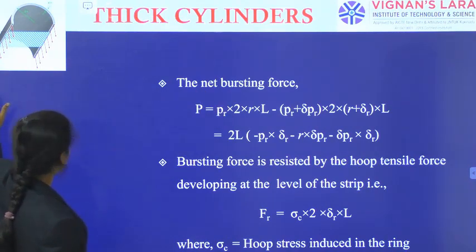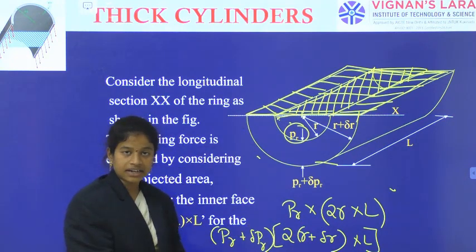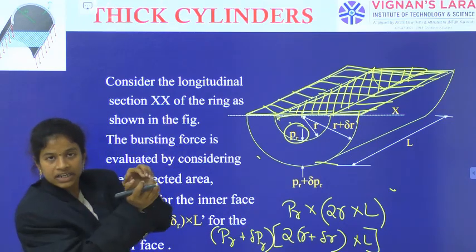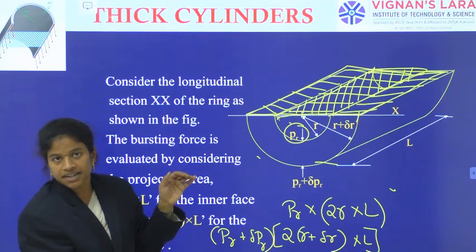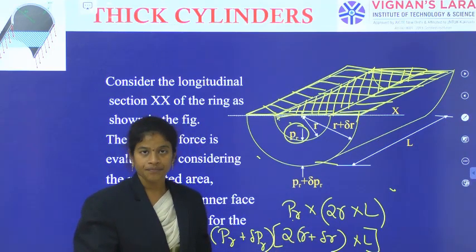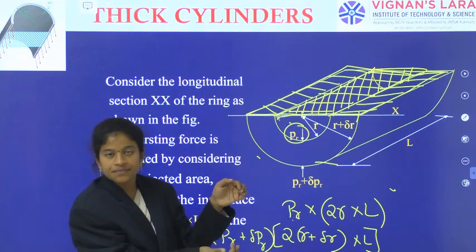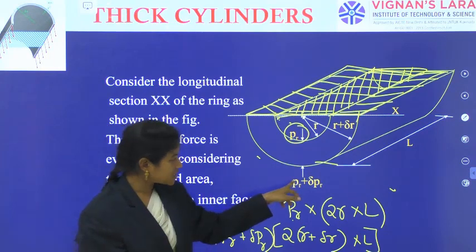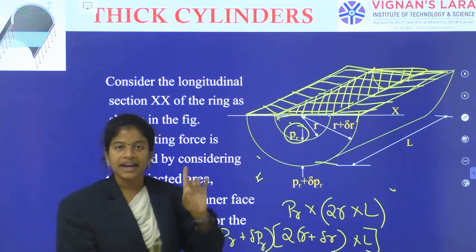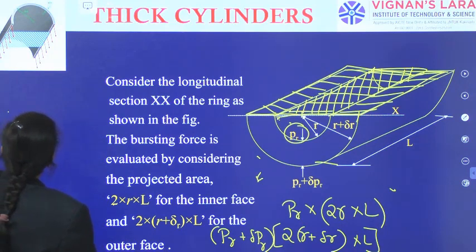Right? So the net bursting force. Just now we have observed here I am observing a bursting force which is causing like this, and the net bursting force which is causing like this. Now overall, what is the bursting force? What is the force which is causing the splitting? Right? The net bursting force is equal to this quantity minus this quantity. Net bursting force is equal to the fluid force which is causing the body to burst, minus the reversal action force, which is causing thickness, right? In this member I am observing thickness. Radial pressure is compressive in nature, yes? So that way this answer will come.